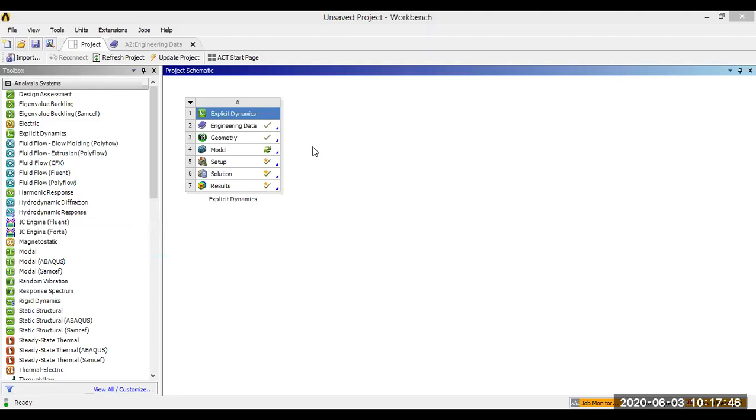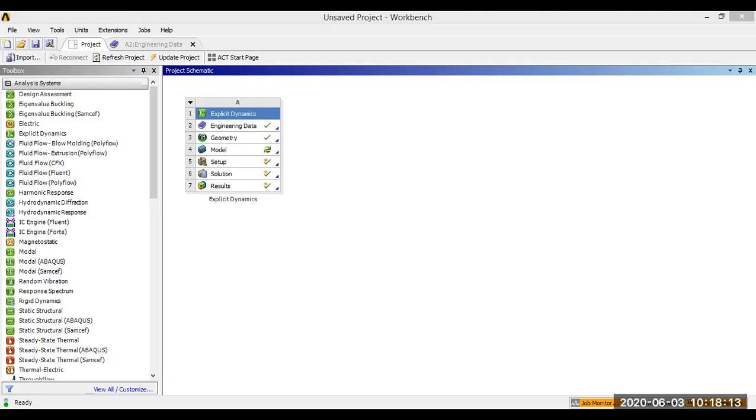After saving you will get Part.x_t. This is the Parasolid format, and the extension of the Parasolid format is .x_t.